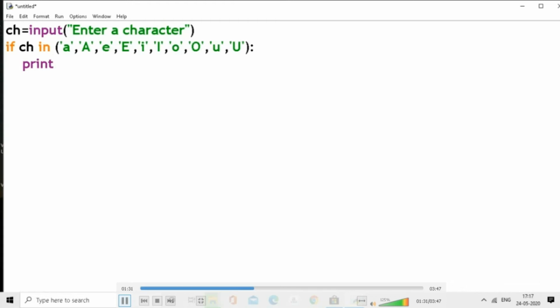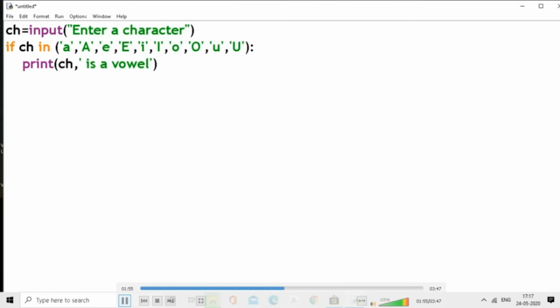We are using the print statement, which is used to print a value and a message. And the opening bracket is there, as it is a function. In ch we have got the character from the user, and "is a vowel" is a message that is given in quotes that will be printed. Then close that bracket. Then we will move on to the next line. This set of statements is for finding whether it is a vowel.